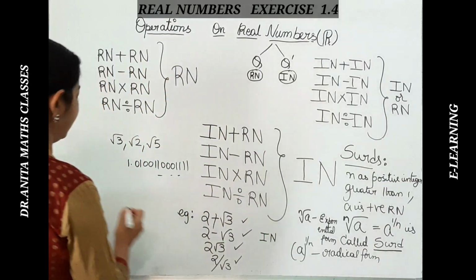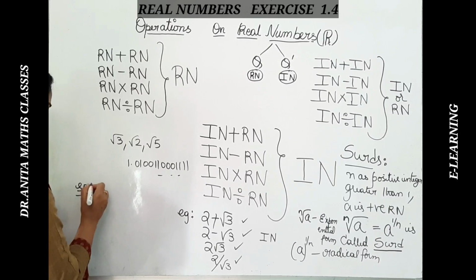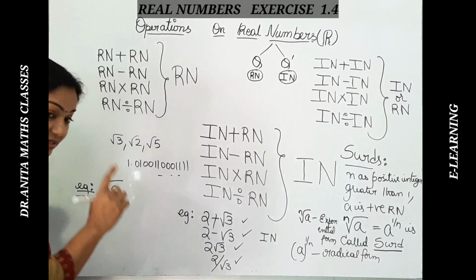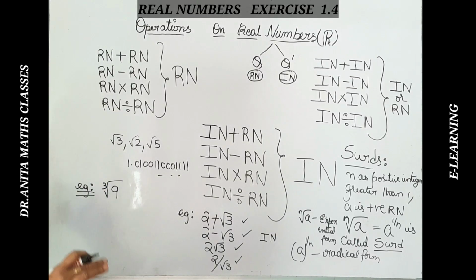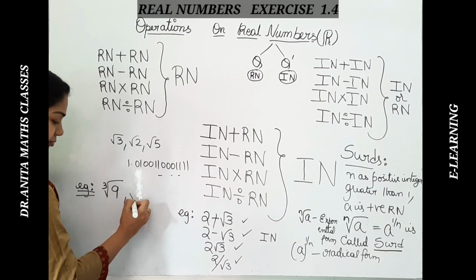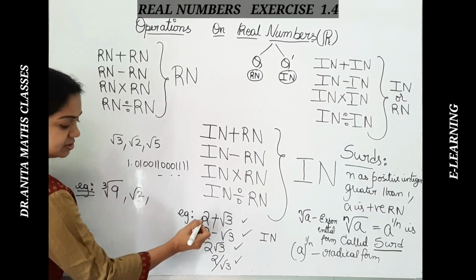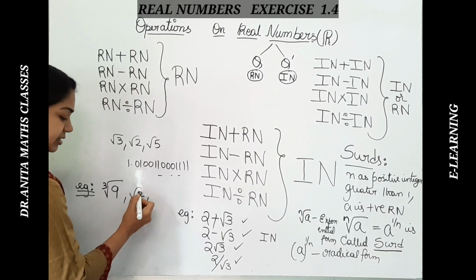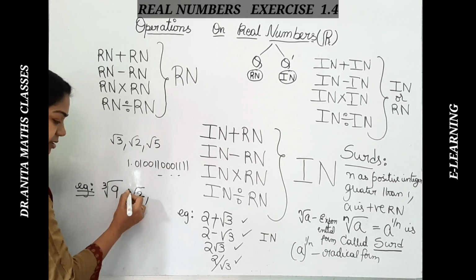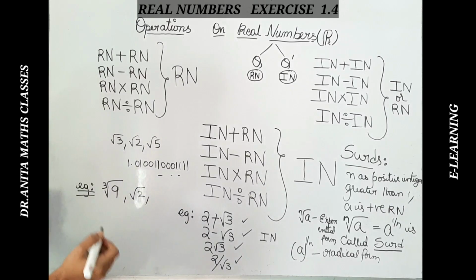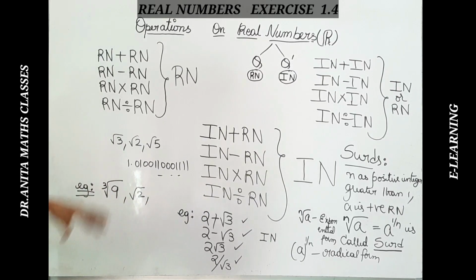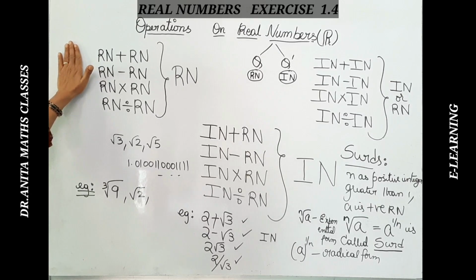Just for example, if I take examples of surds, you can give the cube root of 9. If you are taking the square root of 9, that is a perfect square. It is not at all a surd. Here, if you are taking the cube root of 9 or root 2, these are all surds. This is also a surd, 2 plus root 3. That means this a is a positive rational number, and the root here is the second root, square root. That means n is greater than 1. So such numbers are called surds. With this concept, let us begin the exercise 1.4.